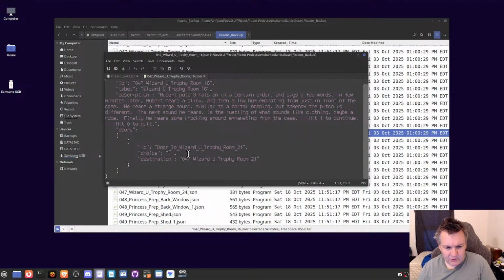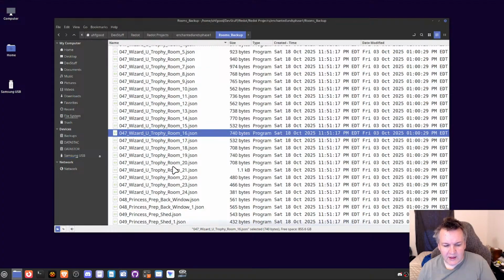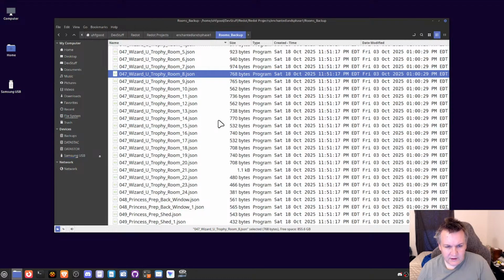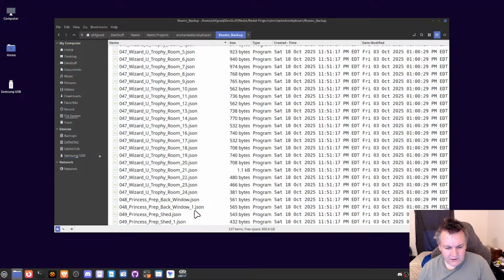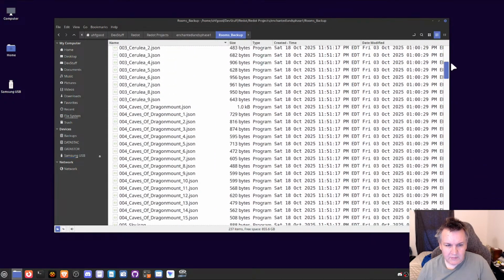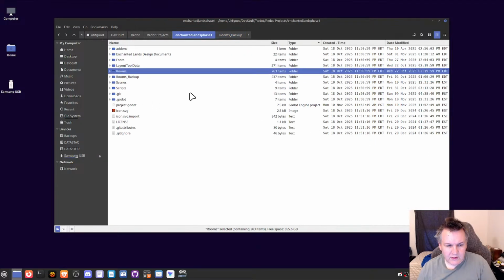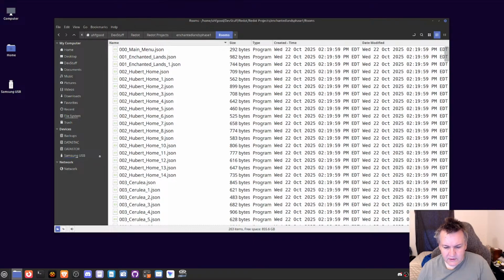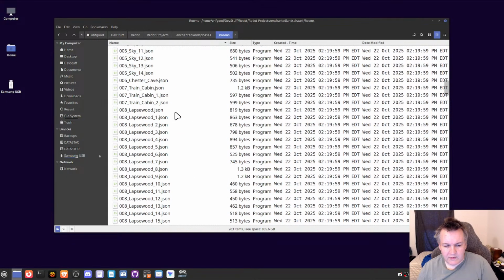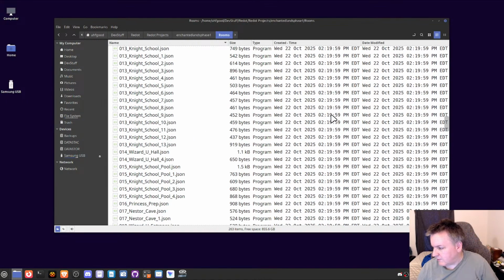Choice is basically the thing that you push, and destination is the actual ID of the room. I've got several hundred of these. Can I deselect? Yeah, I can deselect like that. There's 237 items in here, just in the backup. If we go into the regular rooms, this has 263 items. So these are all rooms that I've done. It takes forever. Anyways,